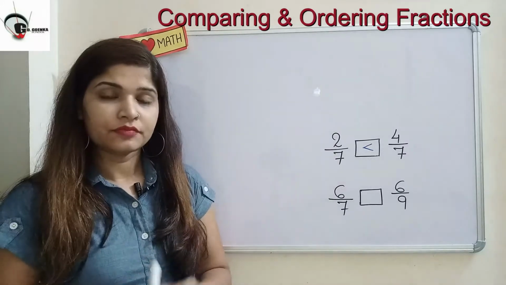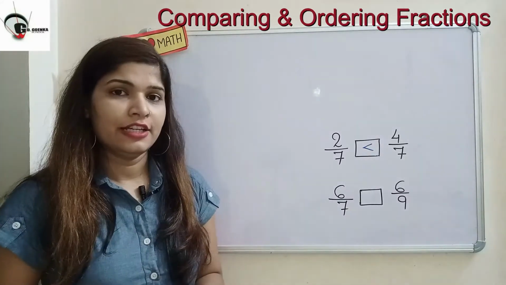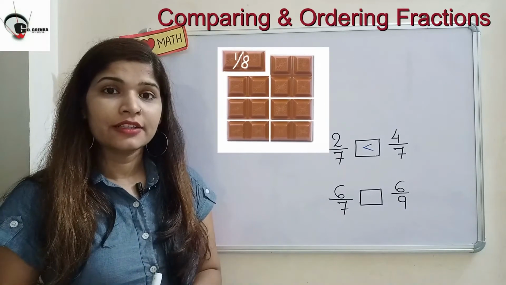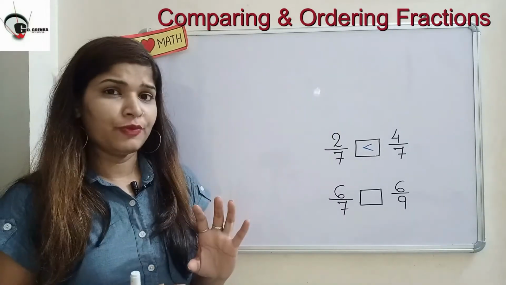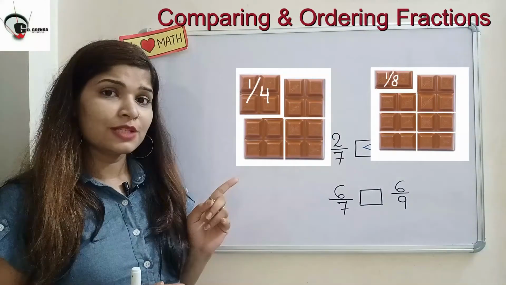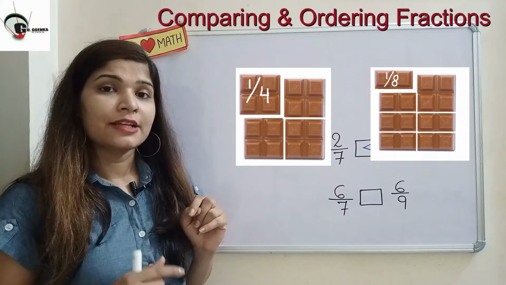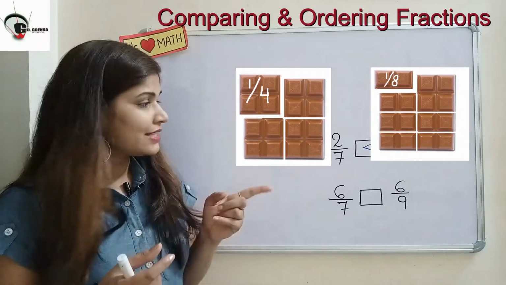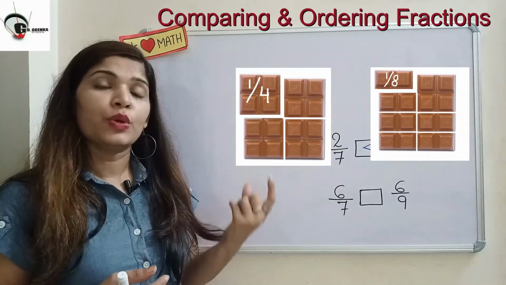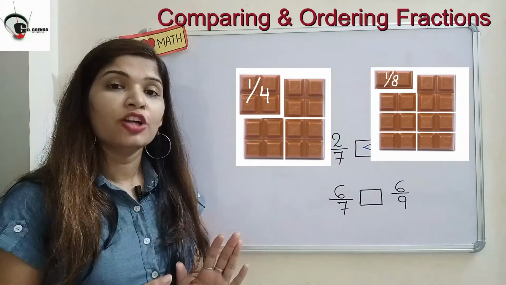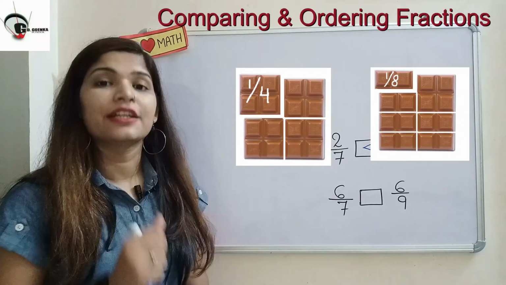But if there are 8 people among whom you have to divide the same chocolate, you will get 1 upon 8 part. Yes, out of 8 equal parts, you will get only 1 part. So just think: is 1 upon 4 smaller or is 1 upon 8 smaller? Of course, the more parts there are, the smaller the part. You can compare easily through the example. So similarly, when we have the same numerator, we look at the denominator: if we have the bigger denominator, that is a smaller portion, and if we have a small denominator, that is a big portion.